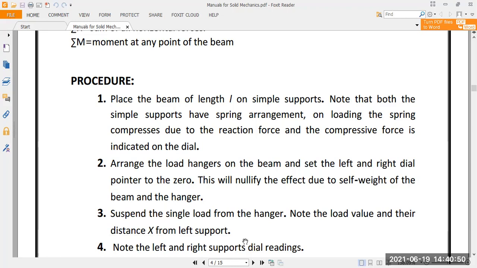Next, the advantage of this groove is you don't have to measure the distance from the ends. You can safely have it, but if you don't have it like this, you will have to check this length from a certain point on the beam itself. On both sides we should mark a particular point, not exactly at the end, but say 1 centimeter away from the end, which is supposed to be the edge support of the beam itself.